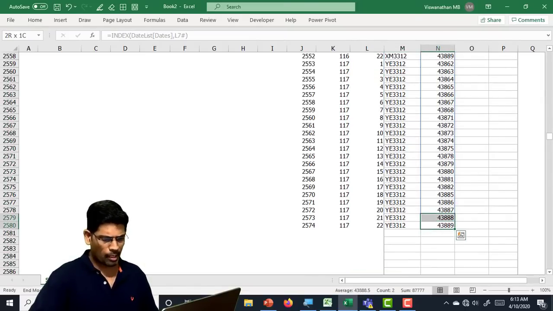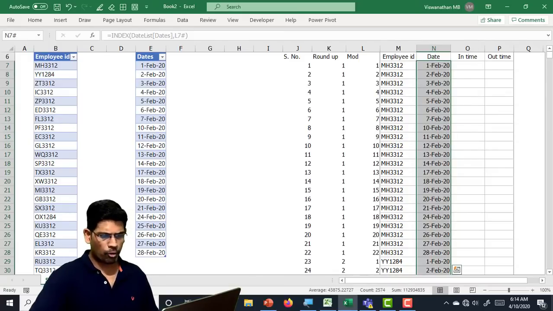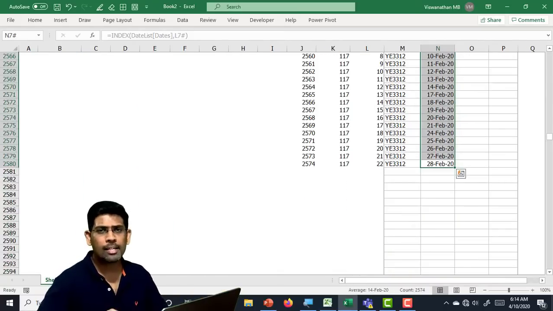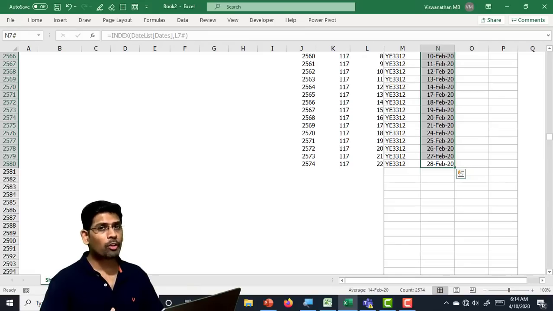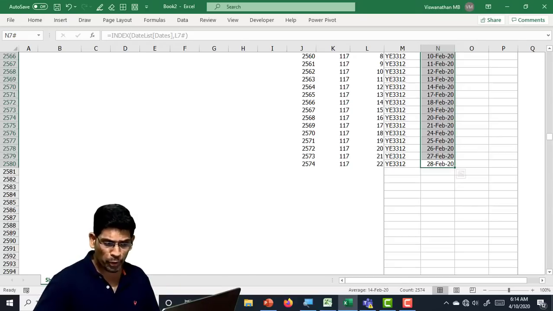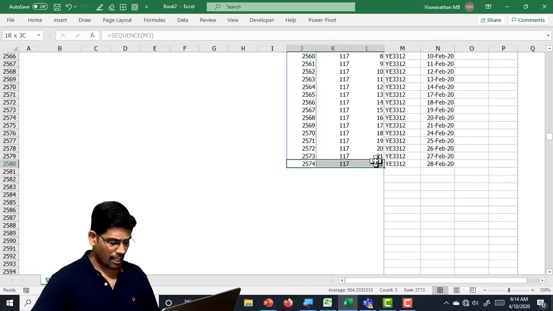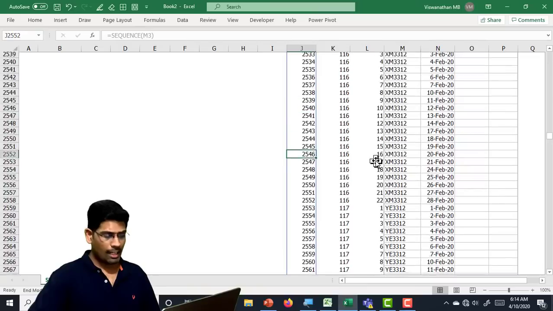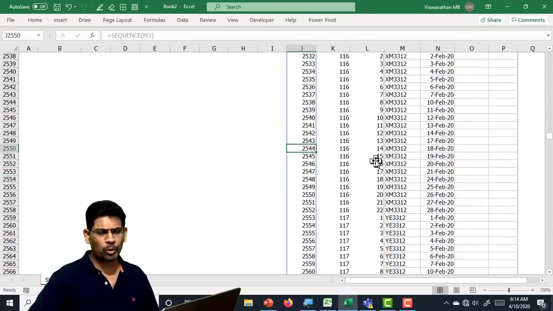I'll select all the way up. I'll bring it to a date format. We are fine now, right? Isn't that great? So next time when you have to create a block of text, you don't have to think of copy pasting. You can use this technique. In order for you to understand, in a dynamic array, I created these 3 intermediate columns, but ideally I don't need them.